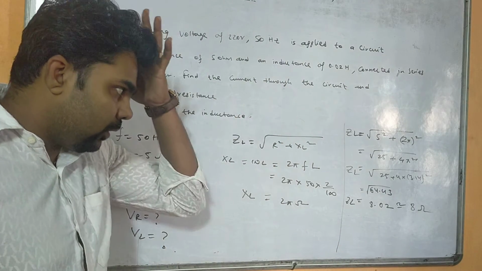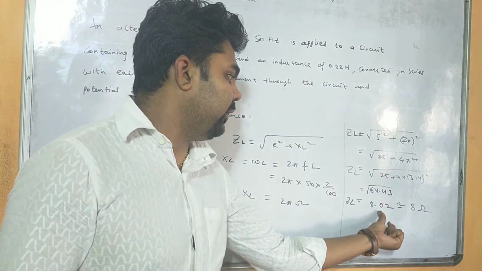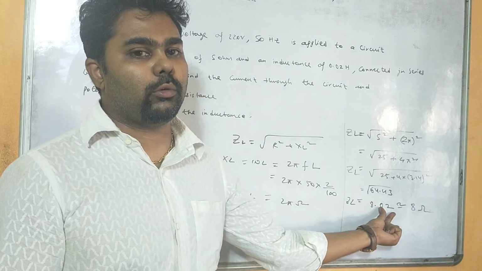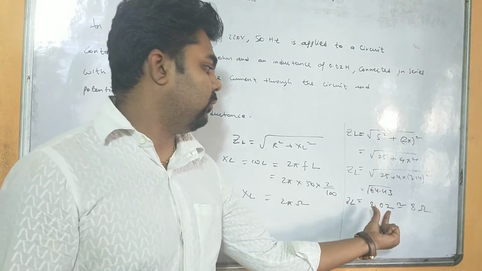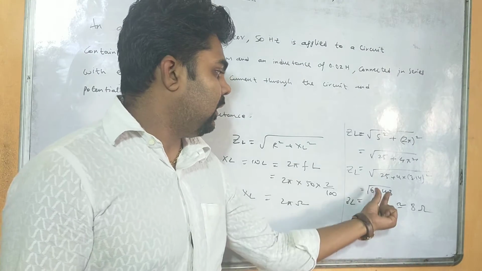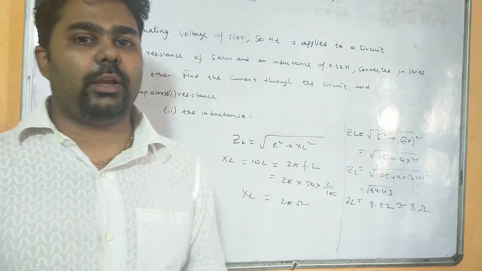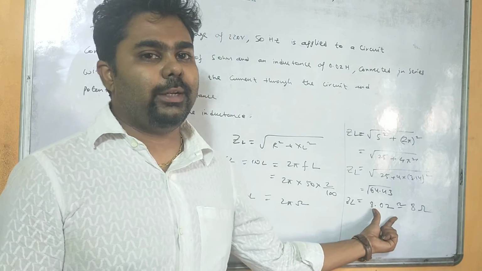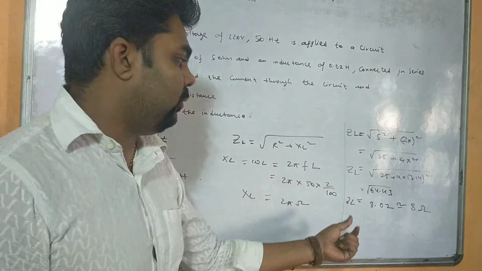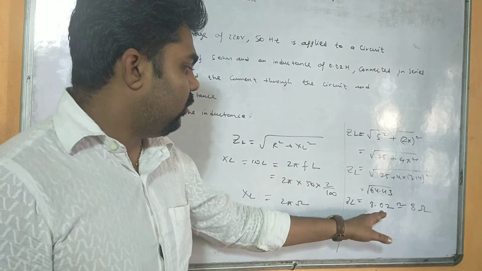Now you see, sometimes if it is more than 5 after the decimal point, we need to write the decimal also, right? So directly, 64.43, if you round off 64, the square root of 64 is 8, that is clear. But after the point, if it is more than 5, then we will be writing the answer in decimal only, right? Now Z we have got.